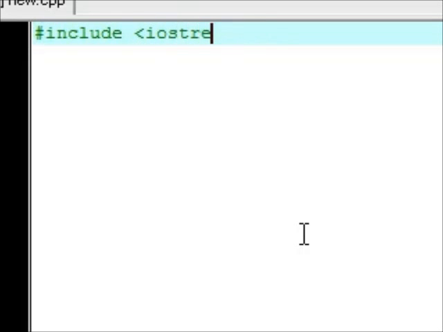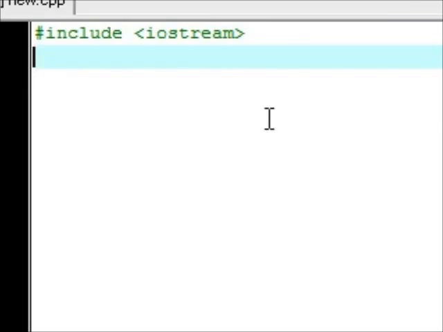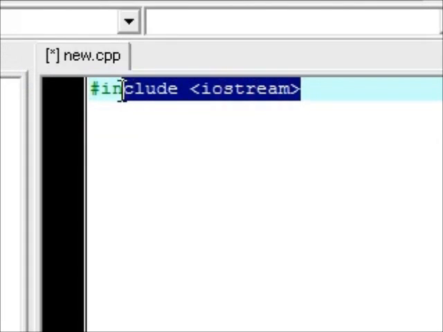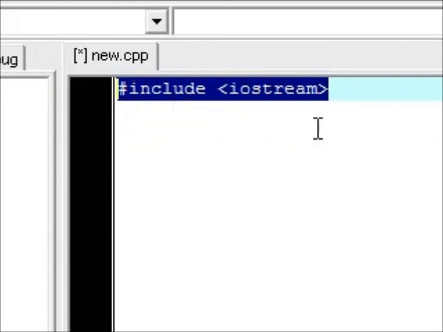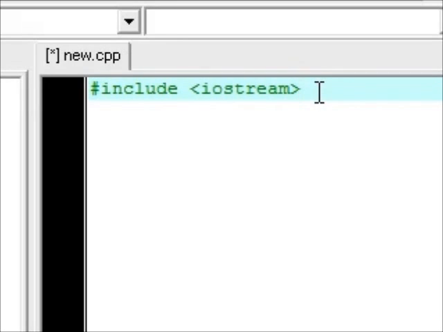IO stream. Then use your greater than sign. Then go to the next line. Now, this is one of the things that you don't really have to know what it does in C++. You just gotta remember to put it in there every time. But just in case you're curious, it's a